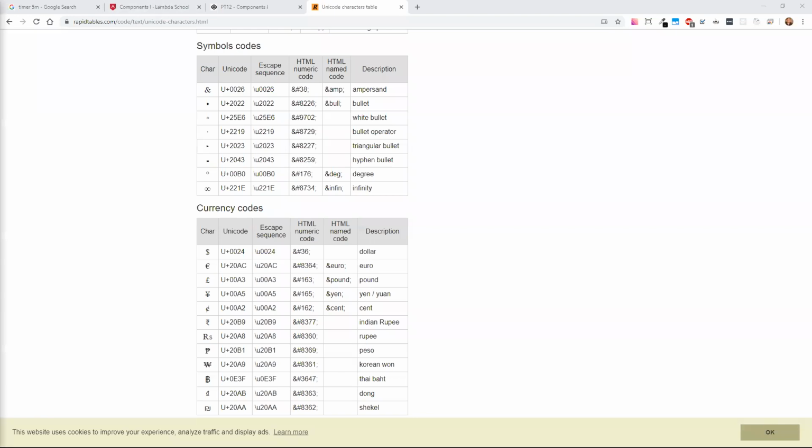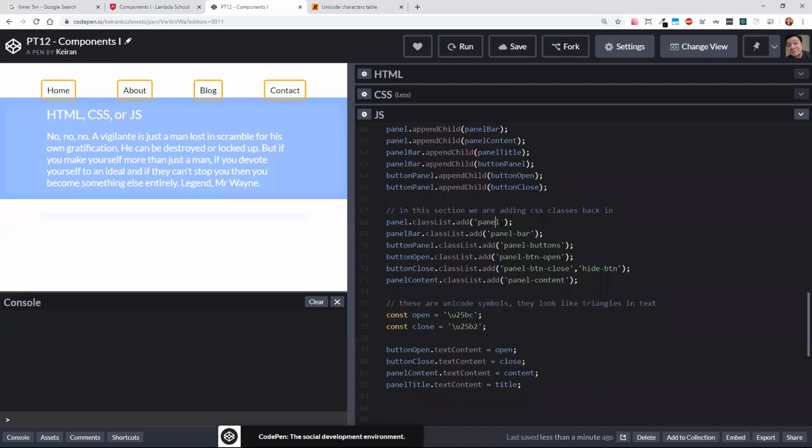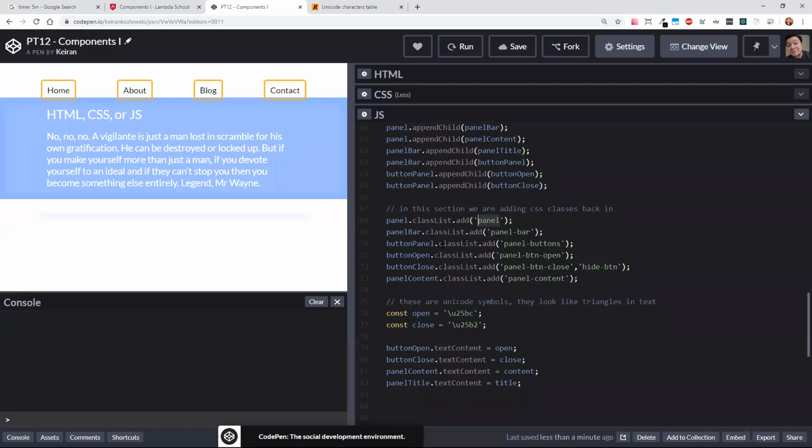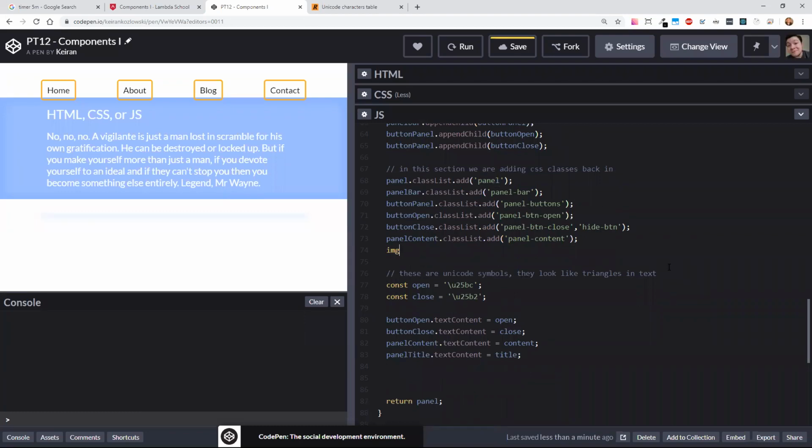Would panel open.source open an image link on button click? No, so that would be a bad example. I would want to make an image and change the source. I don't have any images on this page, but if I wanted to, I could do